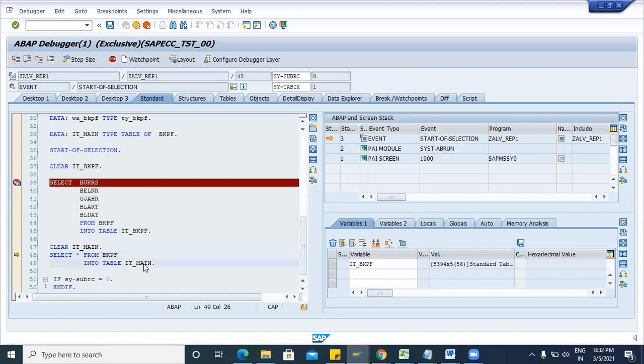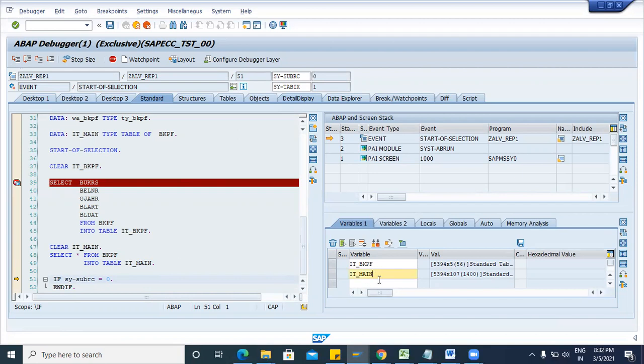Then IT main, you can check the data, it is now 0. Then again F5. You can also check your condition, sy-subrc is 0. That means your last operation is correct, it fetched the data from the standard table. It is not blank.